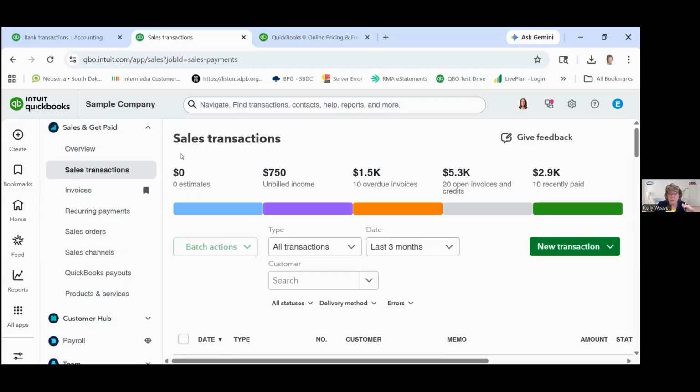An invoice would be someone came to my store or I provided them a service and I'm going to invoice them. They did not pay me at the time they received the product or the service. That would be creating an invoice. And when you create an invoice, you recognize the sale, but you don't have any cash to recognize. What you have to recognize is the accounts receivable, the fact that that customer owes you money.